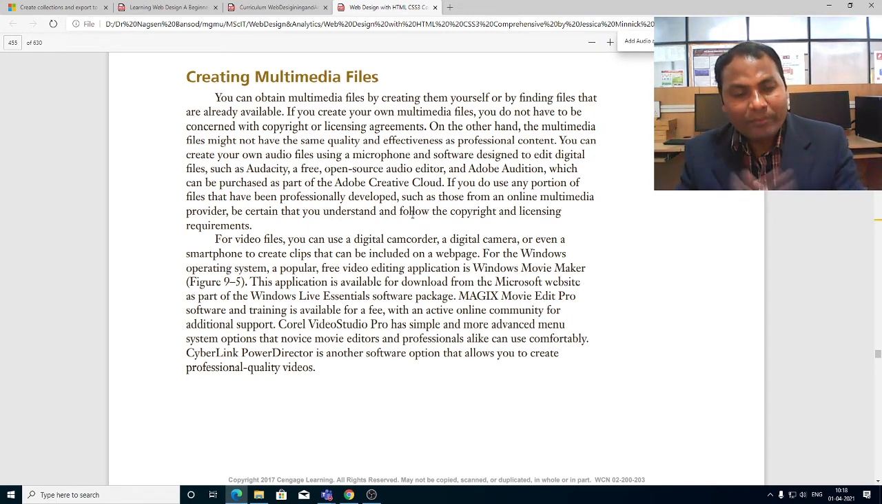This type of file you can create yourself, as well as search for and find from other places and use in your project, but you have to take the consent, otherwise there will be a copyright issue. If you create your own multimedia files, you do not have to be concerned with copyright or license agreements. But